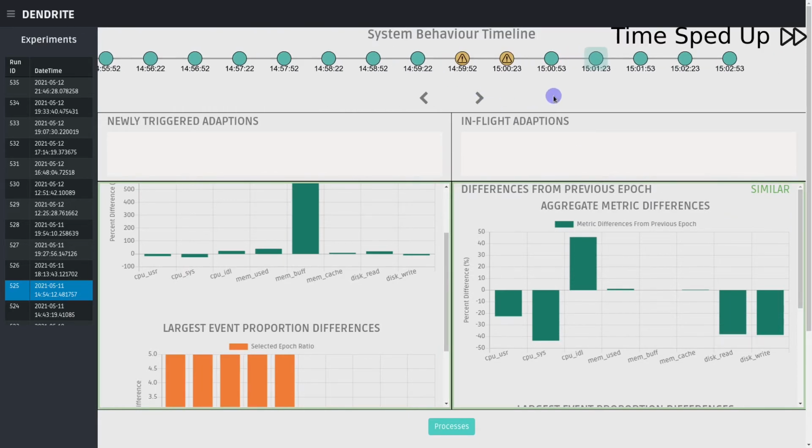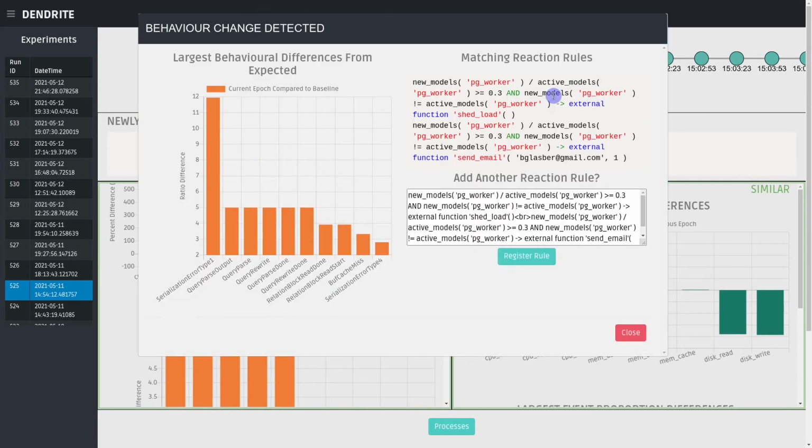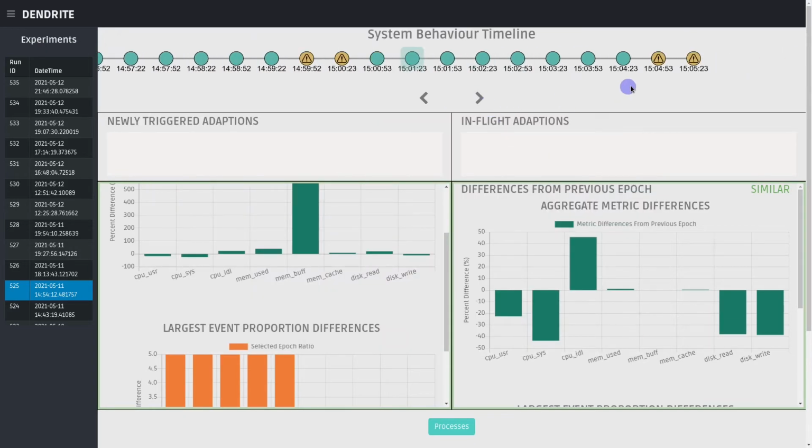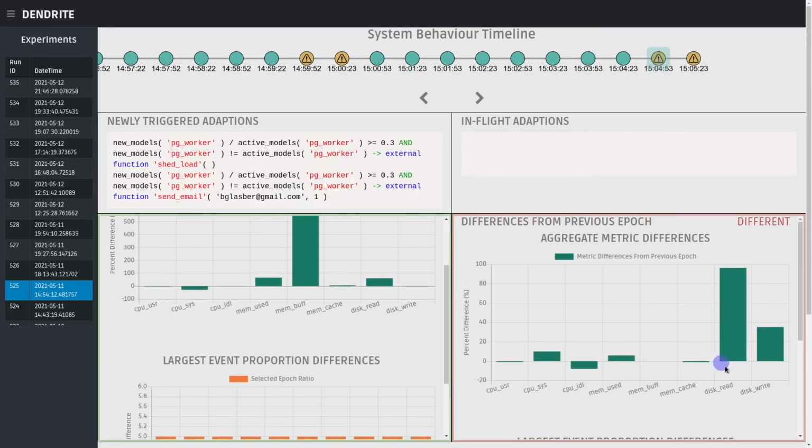Sometime later, we experience another load spike. The pop-up window shows a large increase in serialization failures and disk I/O with respect to baseline. Accordingly, we see that Dendrite has deployed both the original shed load UDF and the new send email UDF that we registered. Checking the panels below, we observe the disk I/O increase associated with the load spike, along with an